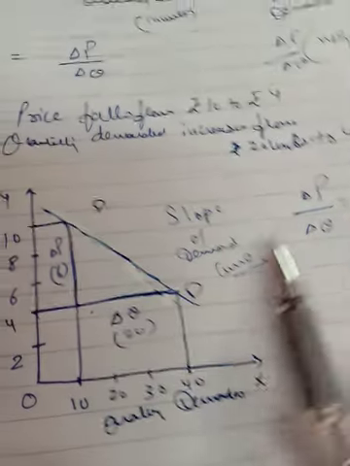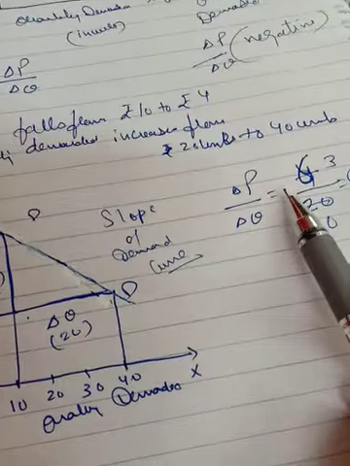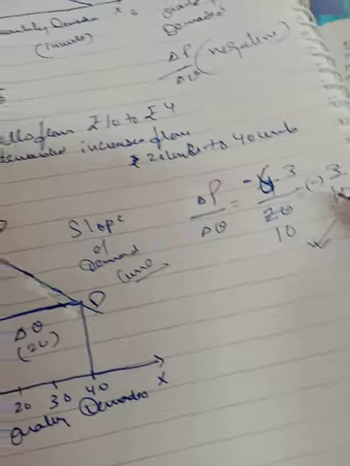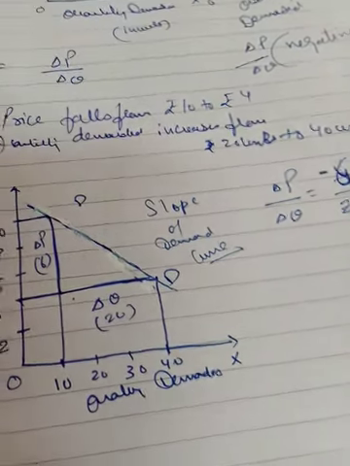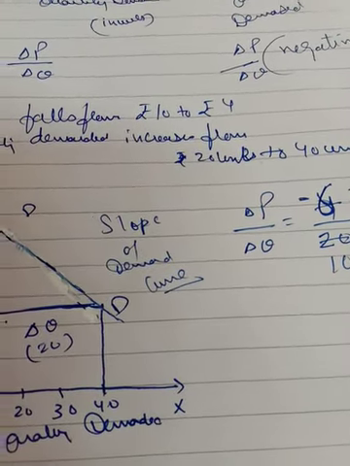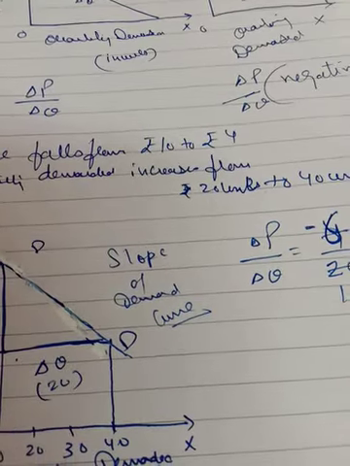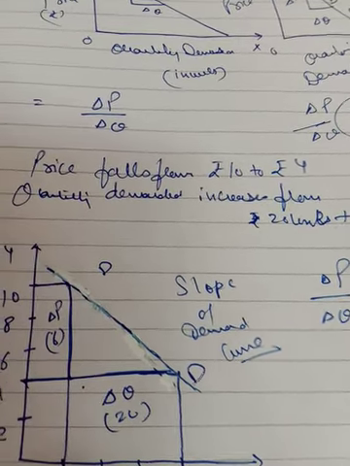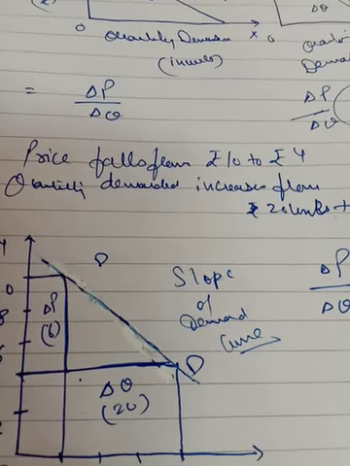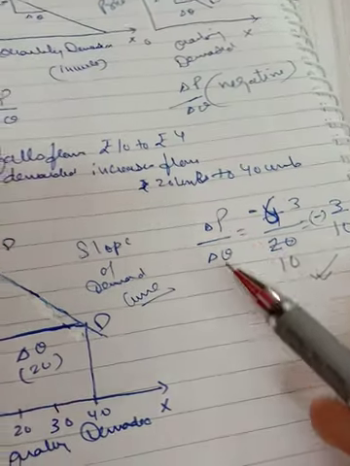I have to mention the negative because there is a decrease in price by 6, so the minus is there, and then I get the slope of demand curve as minus 3 by 10. So this numerical can also come, and you have to calculate slope of demand curve here. Slope of demand curve basically measures the flatness or steepness of the demand curve only, and it is based on the absolute change in price and quantity. It doesn't show how much percentage change there is. It just shows the flatness and steepness by showing the proportion between the change in P and change in Q.